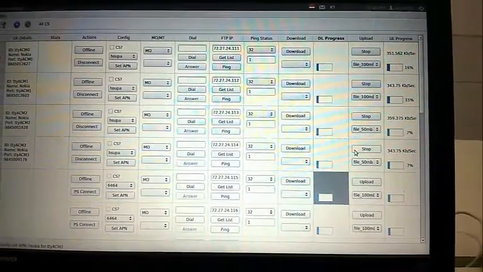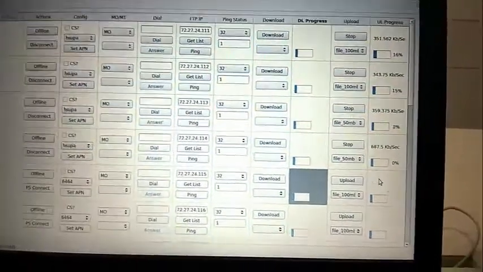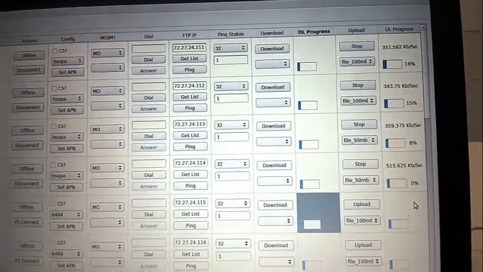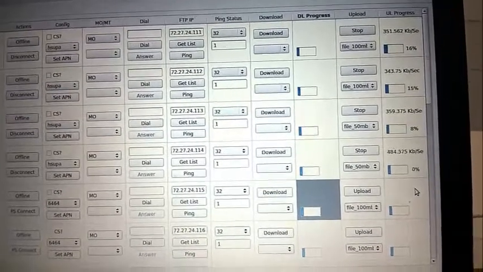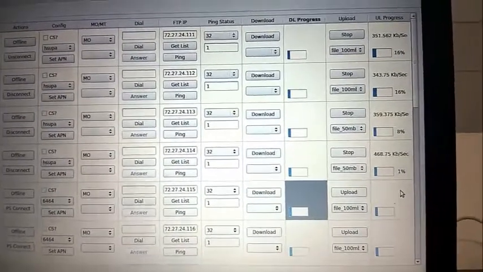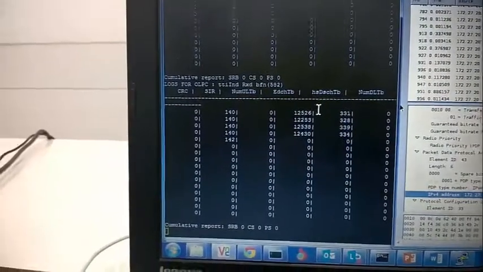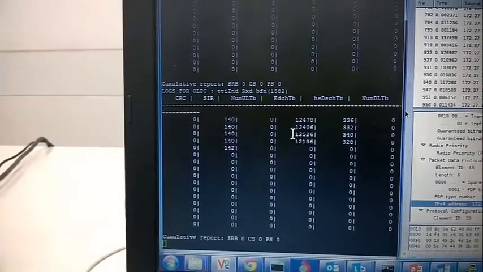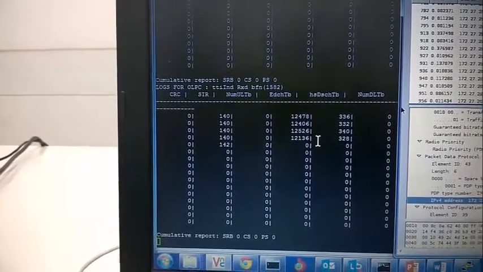Let's make upload for this UE and we'll check the progress. From the console log, we can see that 4 UE HSUPA calls are active.